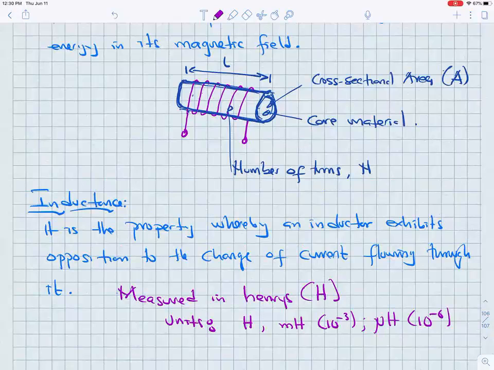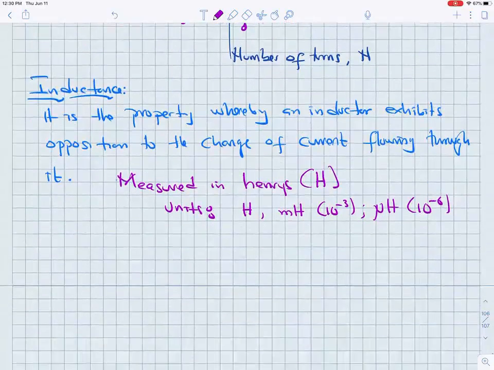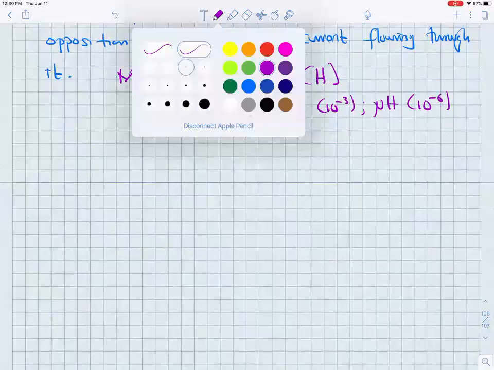So what we have designed over here is an inductor. What is the inductance of this inductor? The inductance is given by